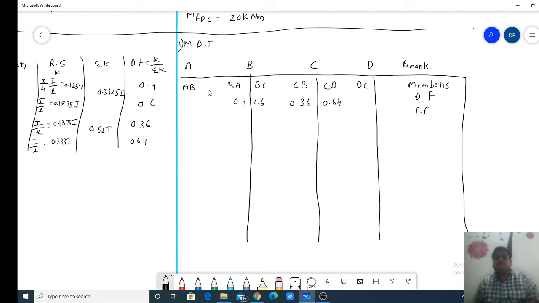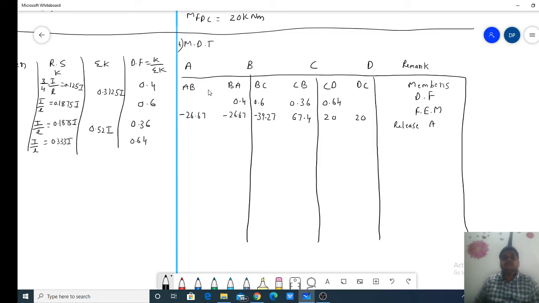Now after this I need to write my fixed end moments. So if you look at the fixed end moments, this is minus 26.67, this is also minus 26.67, this is minus 39.27, this is 67.4, and this is plus 20 and this is plus 20, right? These are the fixed end moments. Now you need to check if there is any hinge support that you need to release. Now if you check, the A end is hinge, so what will the next step be?